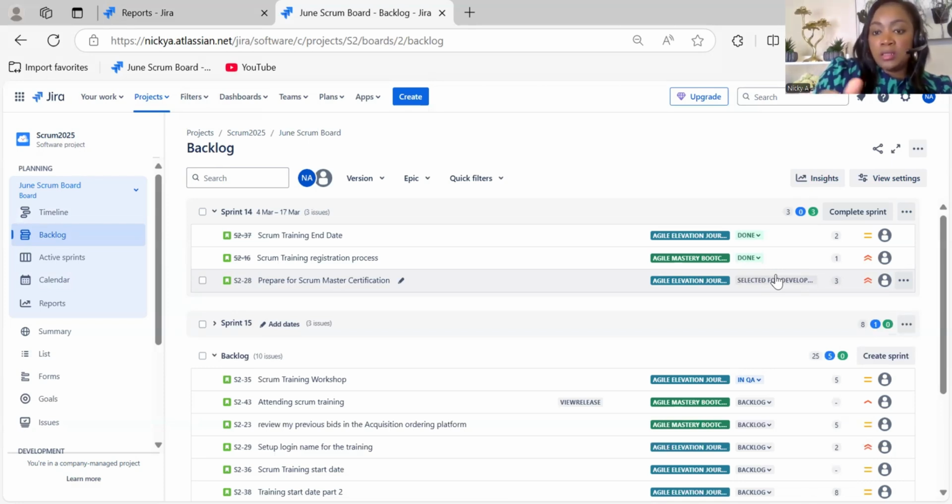So let's just say they said this story is not going to be worked on this sprint. We're going to move it over to the next sprint. What I'm going to do, I'll just go over here and click complete sprint, because I am closing out this sprint because I want this sprint's velocity to be added so that way I can calculate the velocity for the past three sprints. So when I go here and click complete sprint,